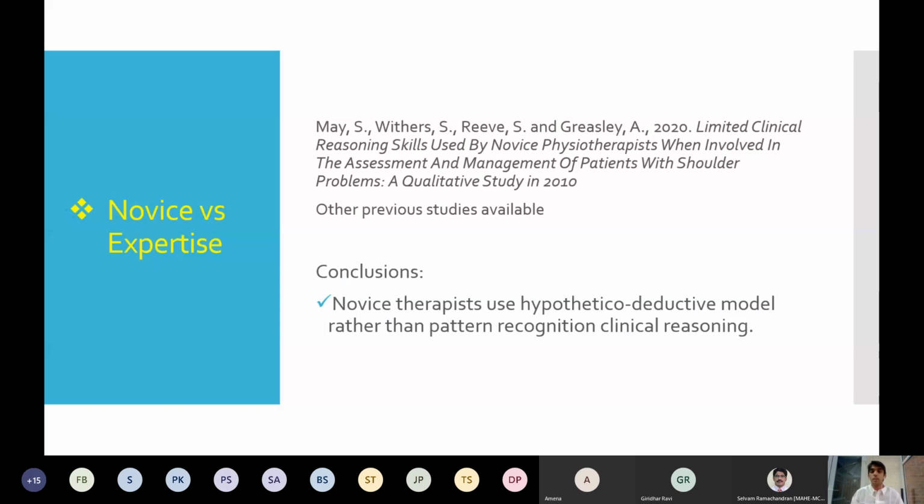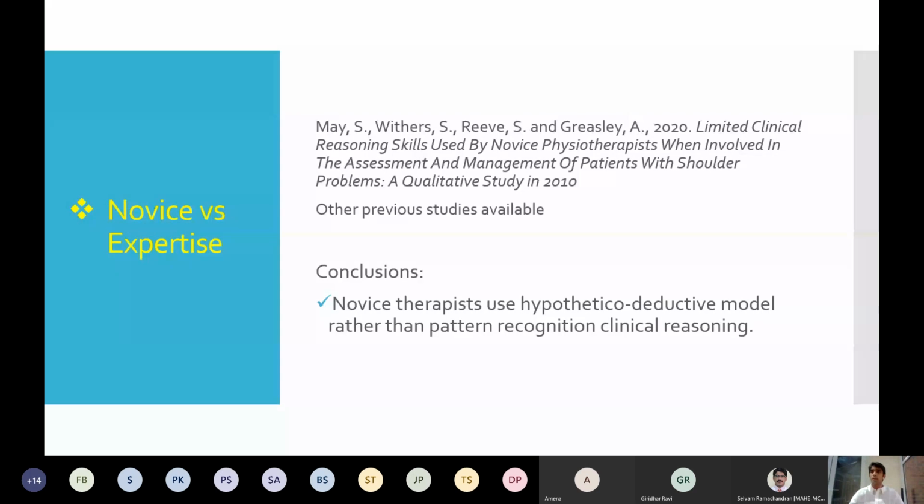He's done a study, and there were other previous studies, where generally novice therapists used the hypothetico-deductive model, which is a bit of a mouthful, but what it means is you take a hypothesis and use that to make another hypothesis, and then make another hypothesis. So it doesn't have a lot of evidence behind it. It's for us to criticize ourselves, to think about how we are practicing. Are we making every decision in a meaningful and clinical pattern? Is there clinical reasoning behind it?